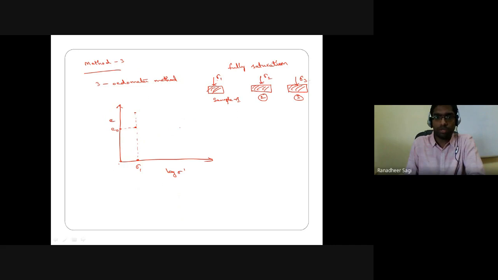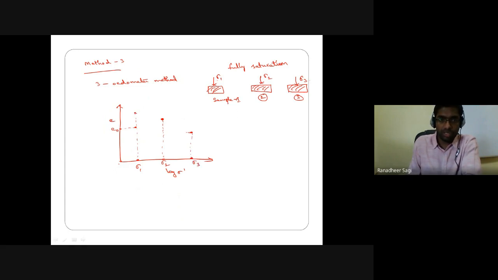And on soil sample 2, where sigma 2 is higher than sigma 1 and sigma 3 is further higher than sigma 2, for that case, if higher amount of pressure was applied on the soil sample 2, some higher amount of compression would have happened in the soil after the free swelling process was completed, which could have indicated the condition referring to that of the applied stress sigma 2, and the void ratio existing in the soil sample may be this one. And in the case of sample 3, the corresponding void ratio, what it was referring to would be this value, and the stress, what it was referring to, is sigma 3.